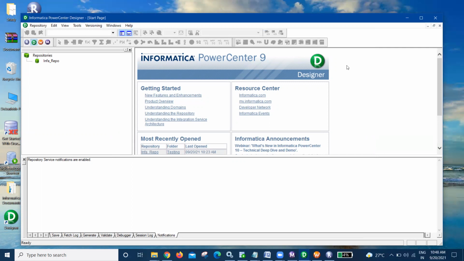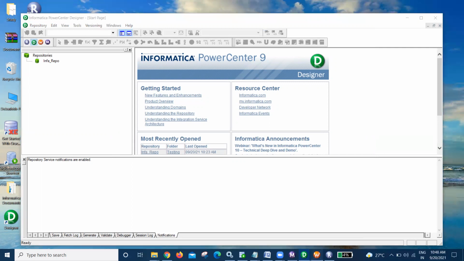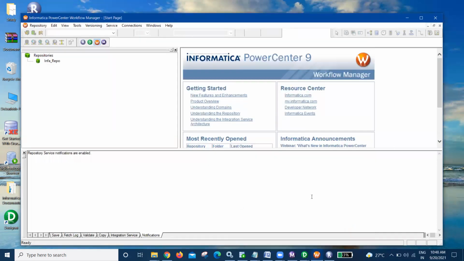In Workflow Manager, we design tasks and workflows, and you can run that workflow from the Workflow Manager, or else you can run the workflow from a command line or a scheduler, or through the Workflow Monitor.